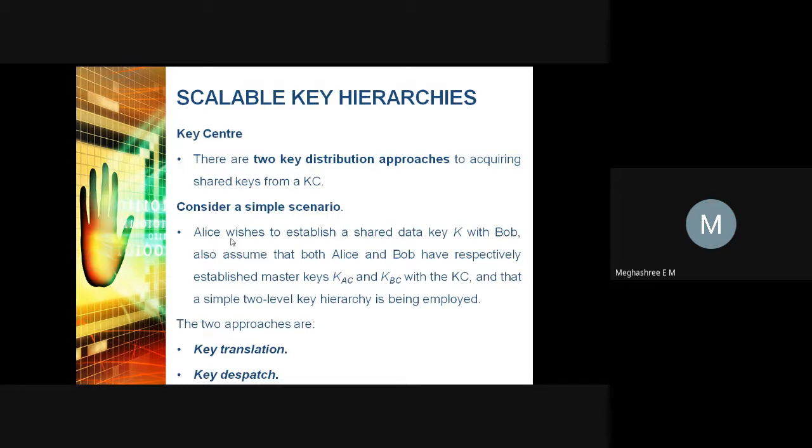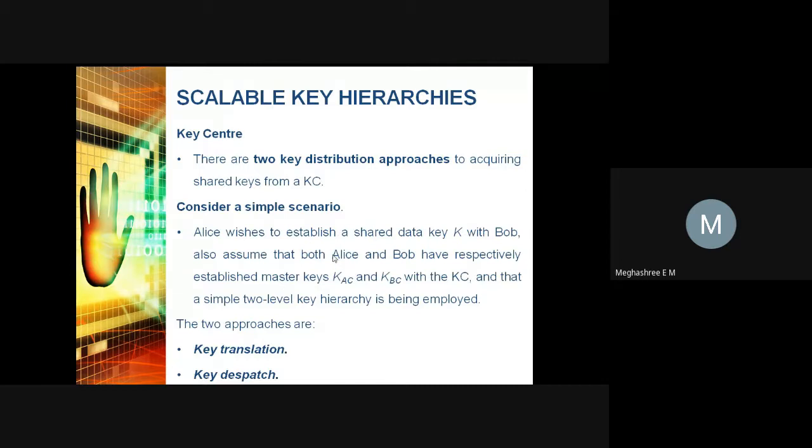Here, consider the scenario where Alice wishes to establish a shared data key K with Bob. Assume that both Alice and Bob have respectively established master keys. Master keys come at the first level, and the data key comes at the last level in the key hierarchy, where only two levels are followed.